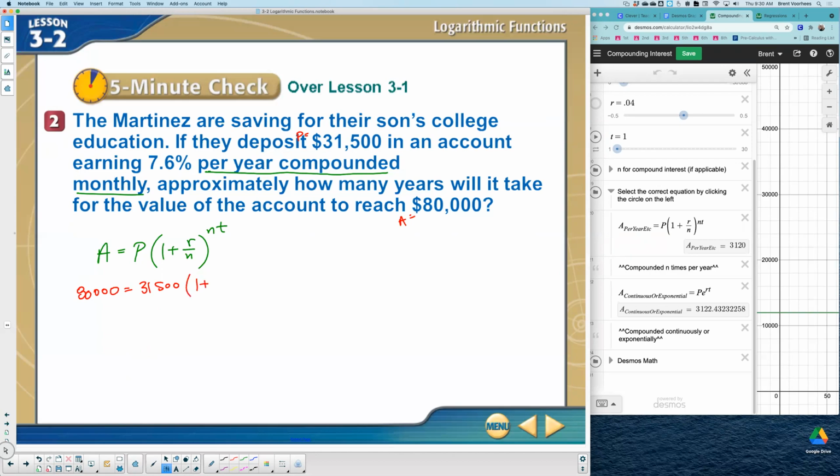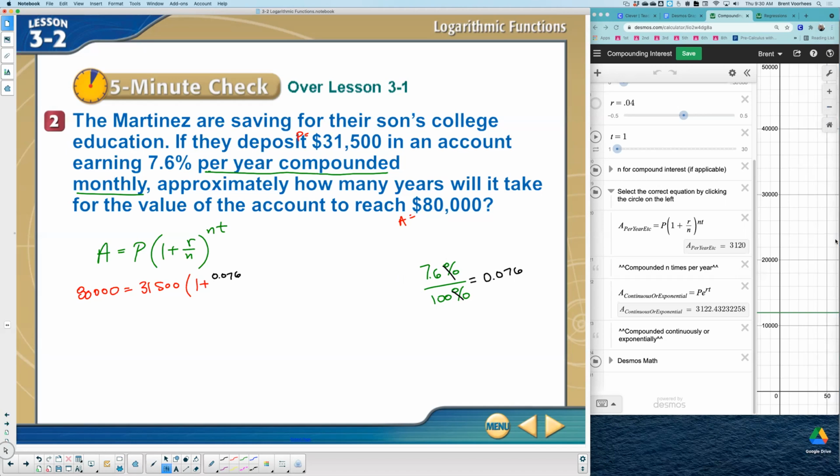Parentheses, 1 plus the rate is 7.6%. What is that mathematically equivalent to? So 7.6%. What you could do is divide that by 100%. The percents would cancel, so you could just type it in like that, or you can move the decimal over 2 places. I'll do that here. It'd be 0.076. So the decimal moves 2 to the left, 2 to the left. So that's my rate,